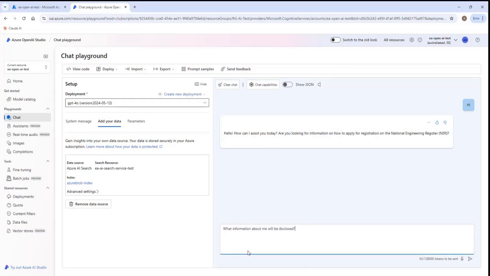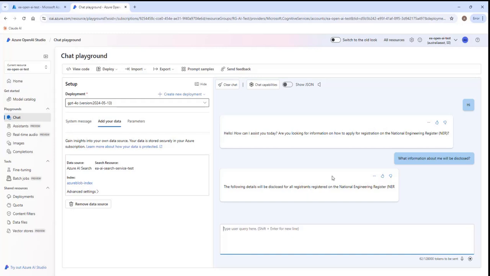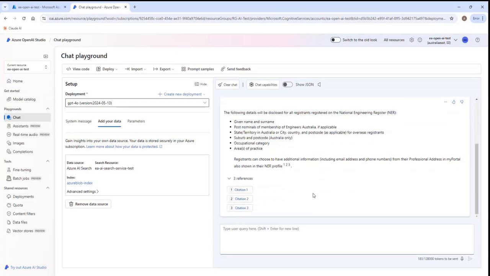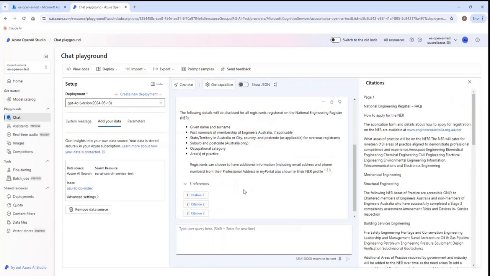What information about me will be disclosed after registration? So if I click enter, it comes up with a response. A given name, surname, etc. are disclosed, and there is a citation for each of those responses. So if I click here on the 3 references, it's telling you which part of the document that we've added to the LLM this data is coming from. So if I click on that,